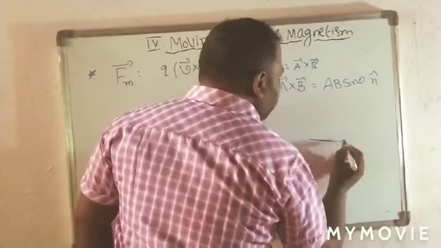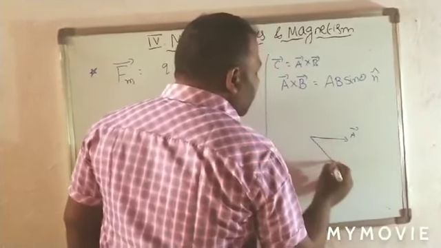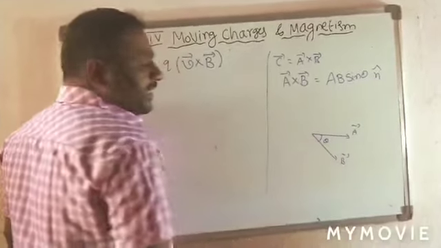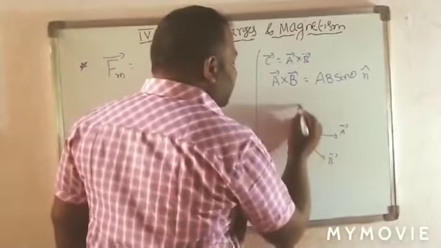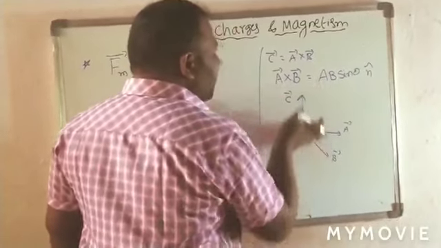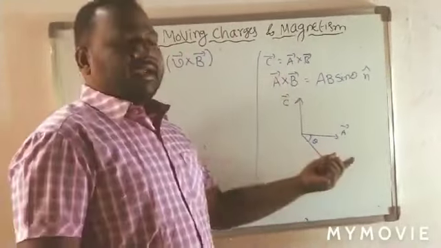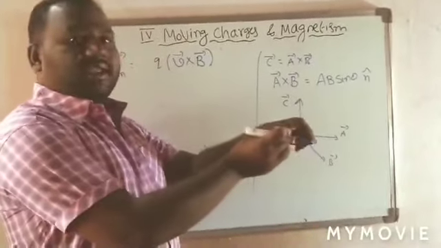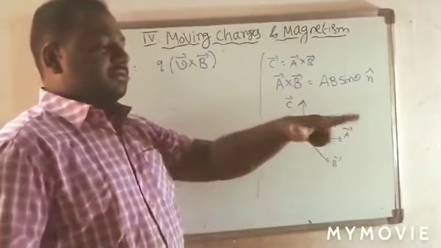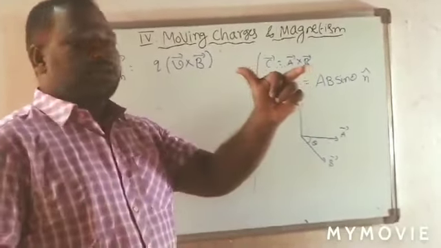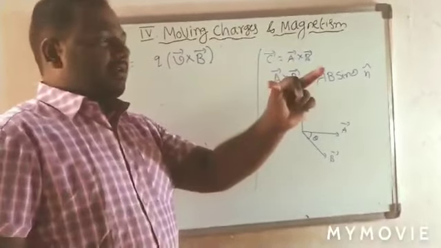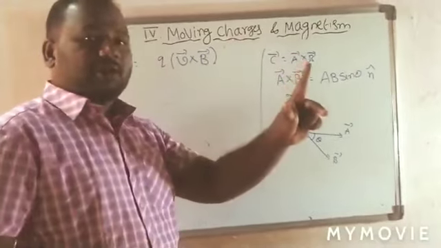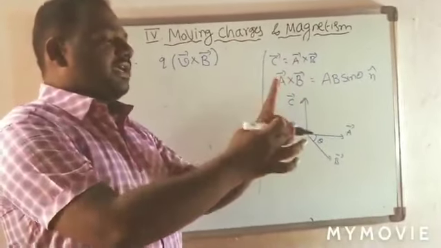For example, if you take this is the vector A bar and it is the vector B bar on a plane, the angle between these two can be taken as theta, then the resultant vector C bar is normal to those vectors A and B. Here I consider this is vector A bar, it is vector B bar. These two are in one plane. Now the normal vector to A bar and B bar is nothing but C bar. So this is the direction of their resultant.